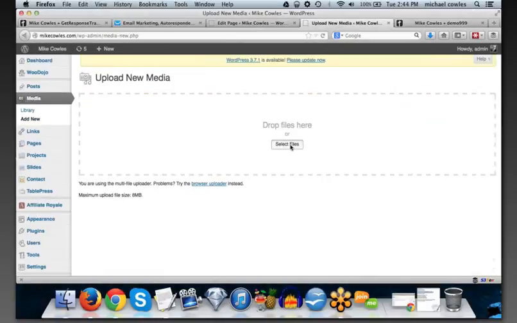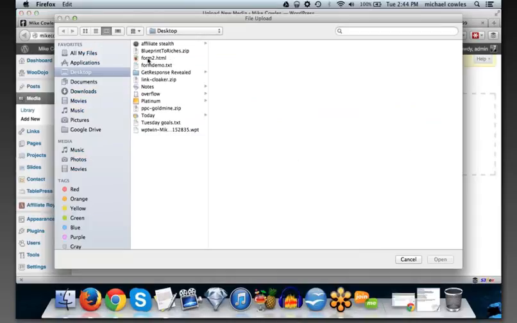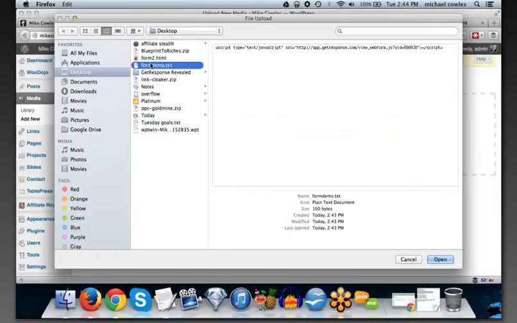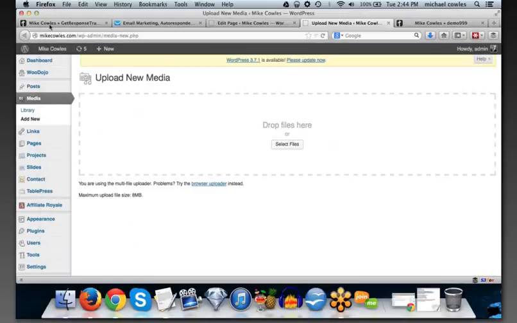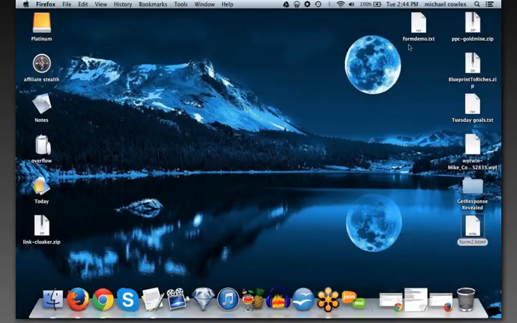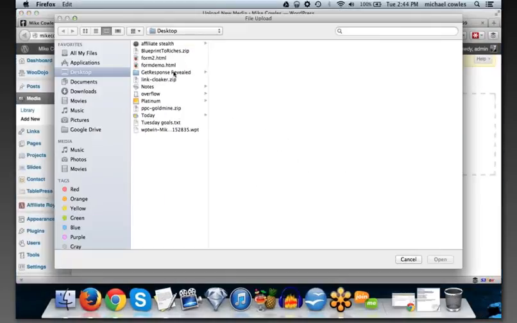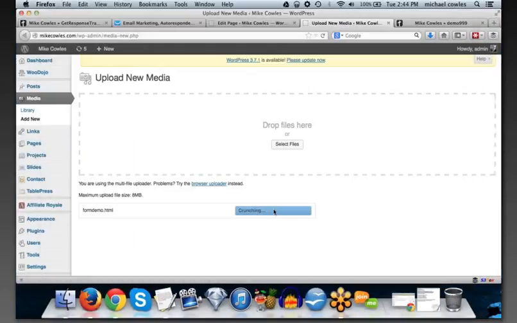So what we're going to do is upload that thing we just created. Okay, so form demo. Actually, you know what? Before we can do that, we have to rename it. I almost forgot that. So let me go back over here, because WordPress won't let you throw it on there with just a blank one. So we'll say form demo HTML. And this way, when we upload it, now it's on our site.